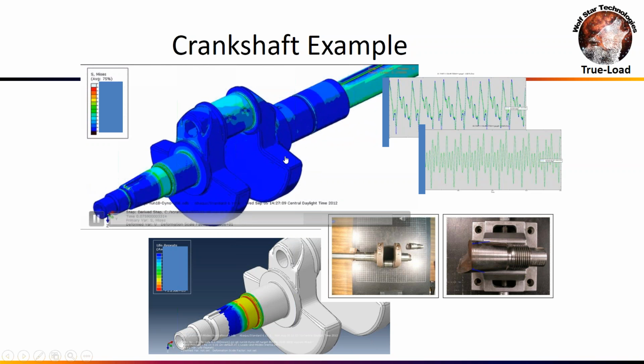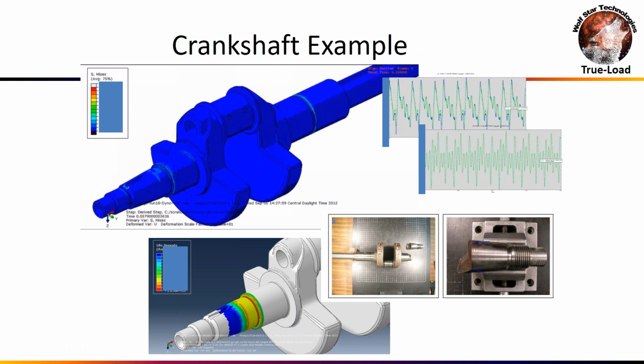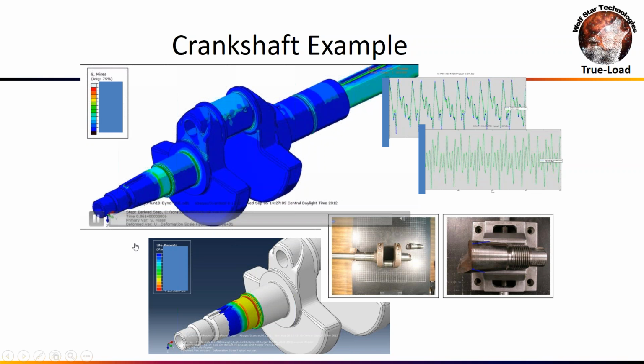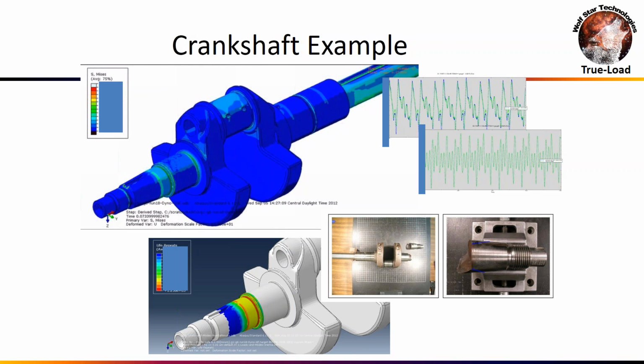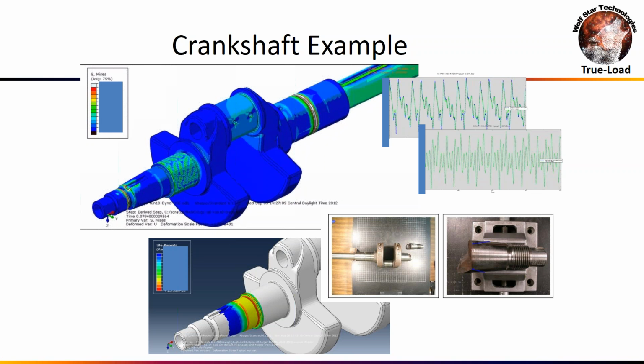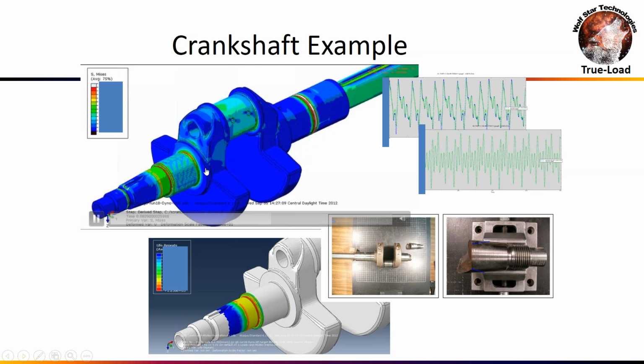So working with the engineers there, we put X and Y unit loads on the crank pin here, and they said they knew that there was modal content from the flywheel, so we also included the flywheel in the model. We had the torsional mode and 2 bending modes of the flywheel. So we had 5 load cases. We laid strain gauges on the crankshaft here.